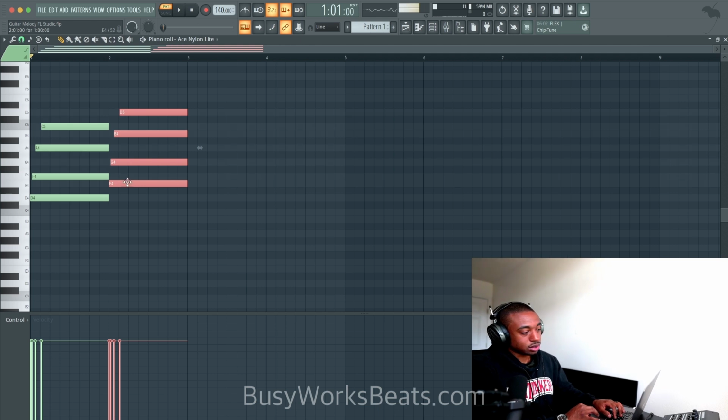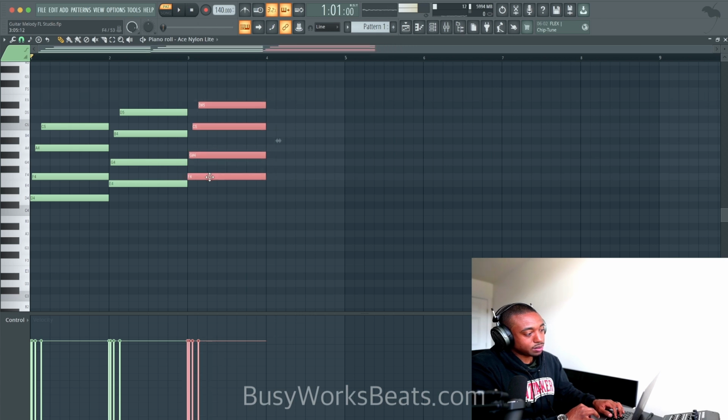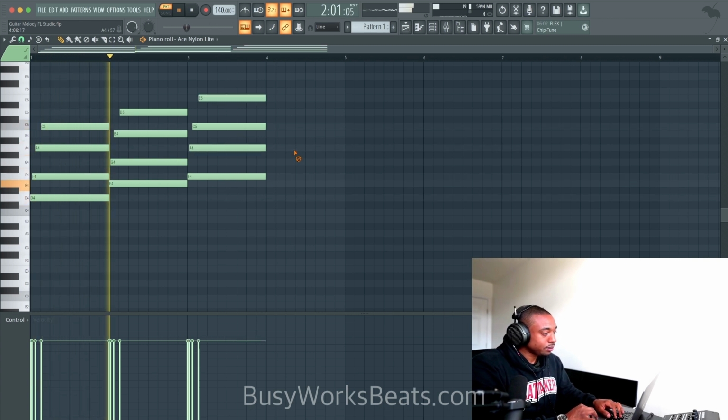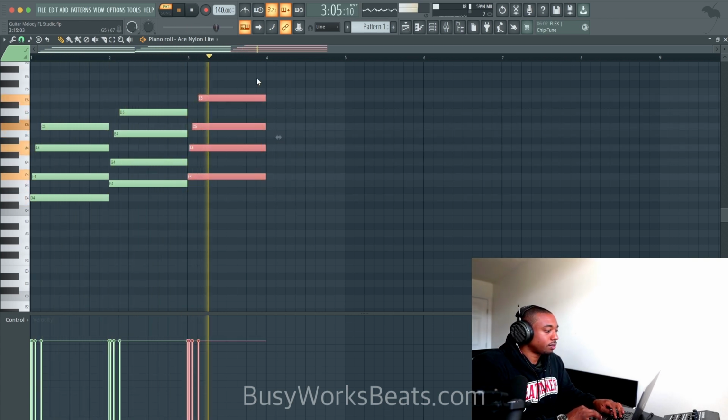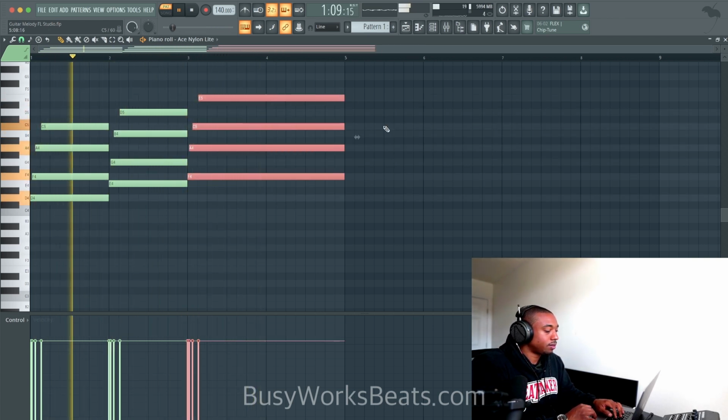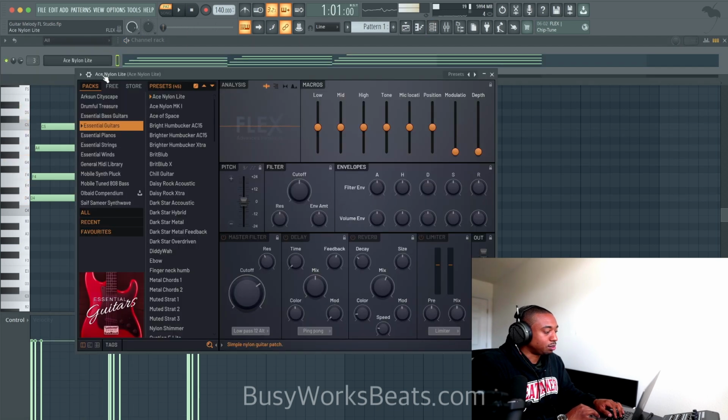Let's hit Shift. Just grab this up. Now the next chord, we're going to hit Shift up, pull it up to F, and we have to convert this. So let's take the middle note and the top note, hit Shift up. Let's go back to the plugin and mess with some of the mic positioning here.